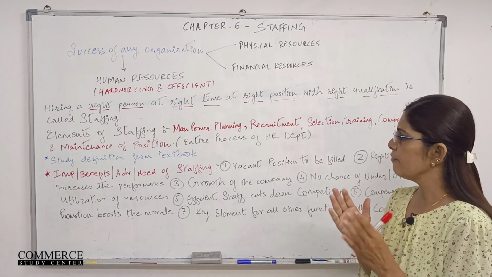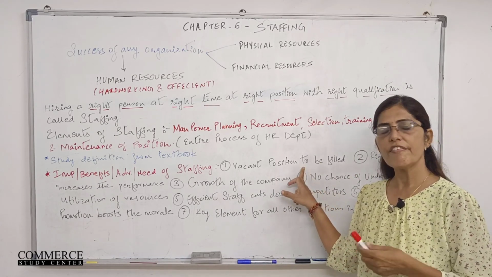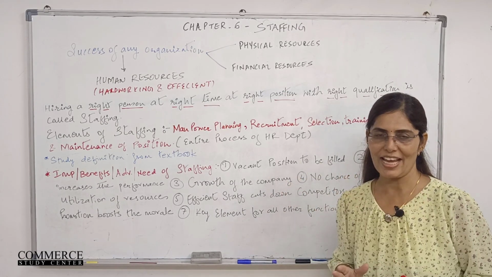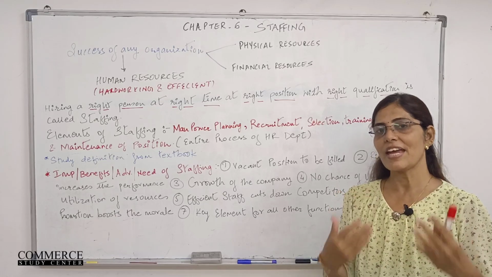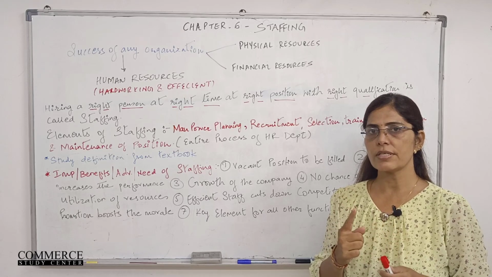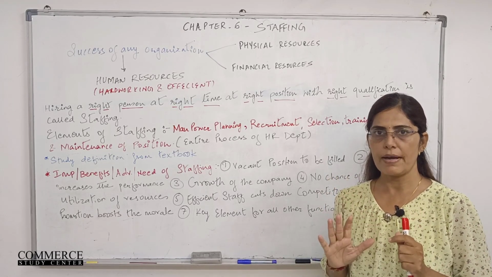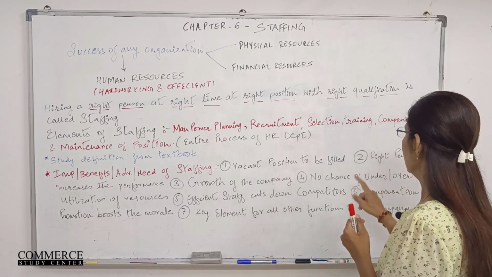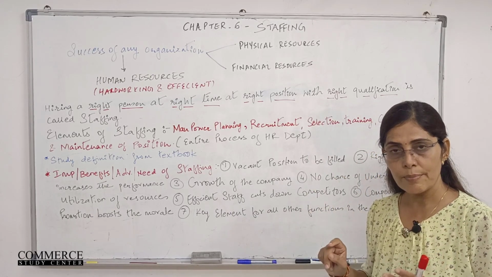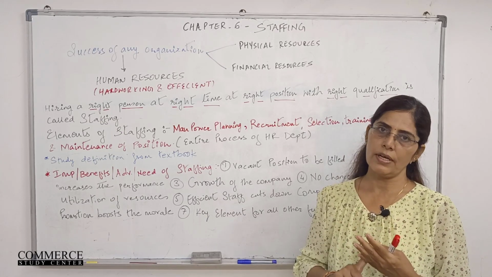The first and the foremost important need of staffing is vacant position to be filled. You need to check whether there is a vacant position in the organization or not. So the first importance is to find out the vacant position in the particular department. Once that is done, then you go to the second importance, that is choosing the right person for that particular